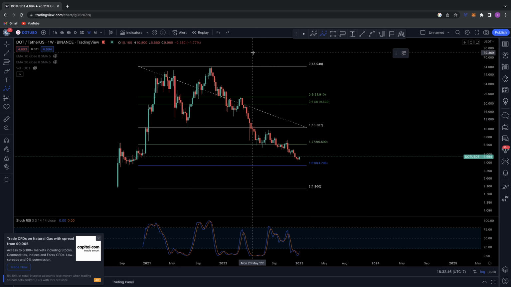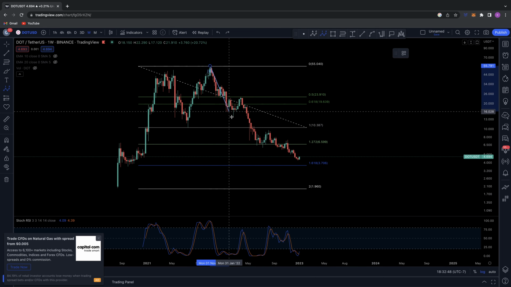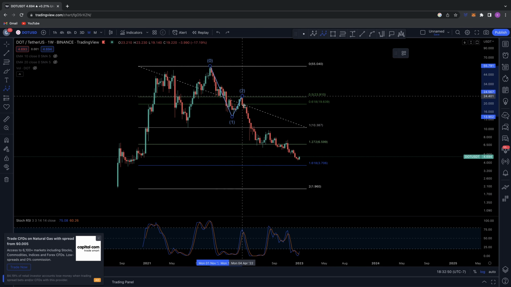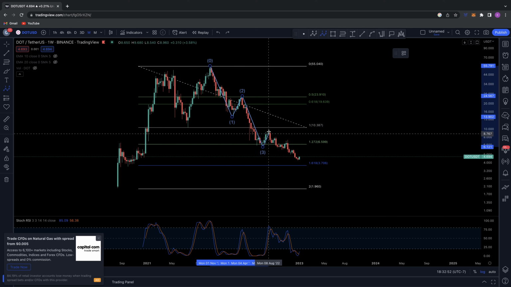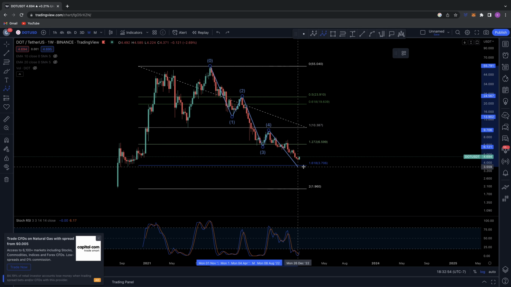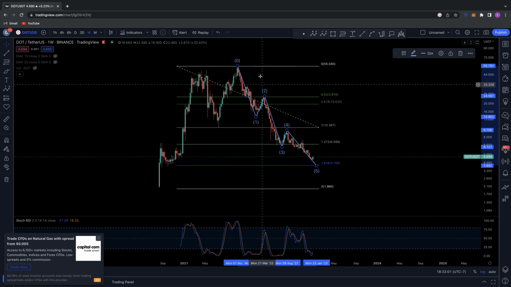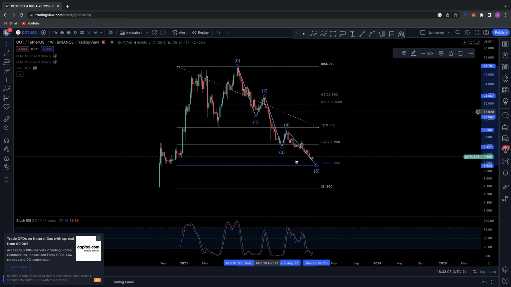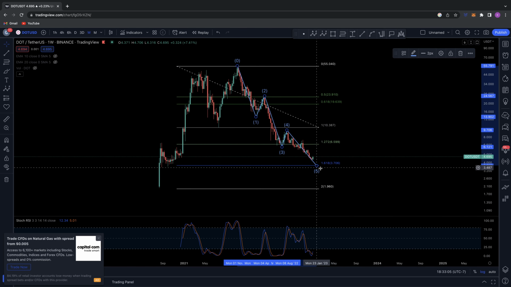So this is a 5-wave theory, and to me it looks like you've got a wave 1, a wave 2, this is a wave 3, your wave 4, and right now potentially you're putting in the wave 5 down to this $3.70, of which this correction or this bear market could potentially be over, and this could be our lows,